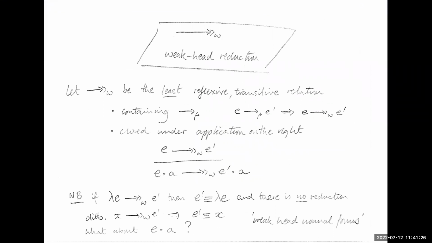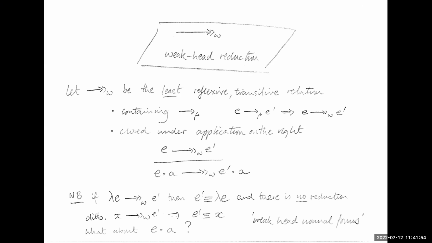Weak head reduction is how Haskell executes. In an application, I see if I can get a function, and if I get a function, then I apply it to its argument. It's called by name. So it's defined, or a possible representation of its definition. Other representations are available, but they're all equivalent.